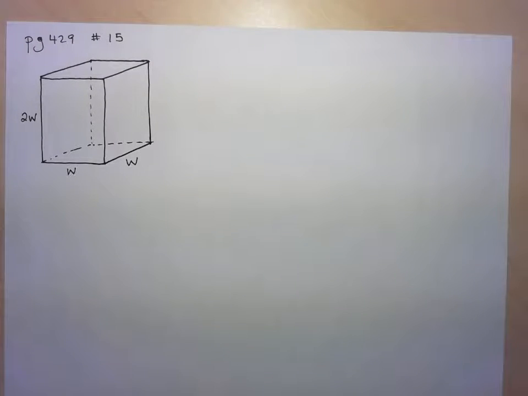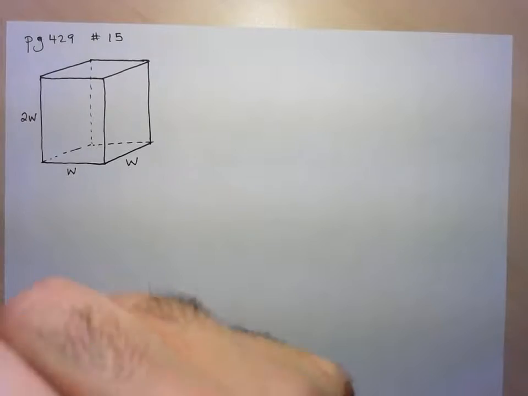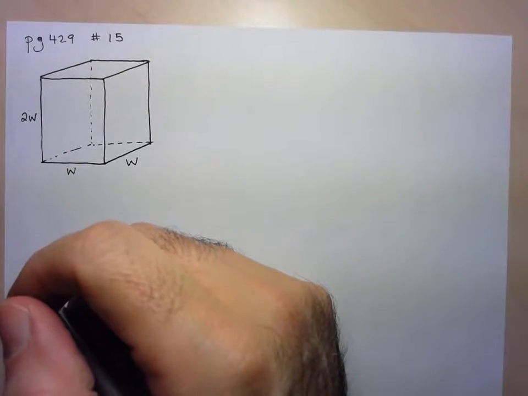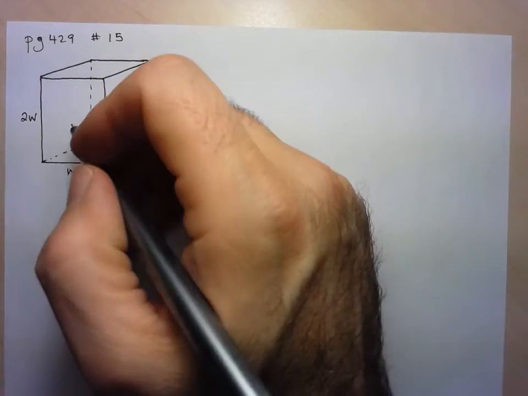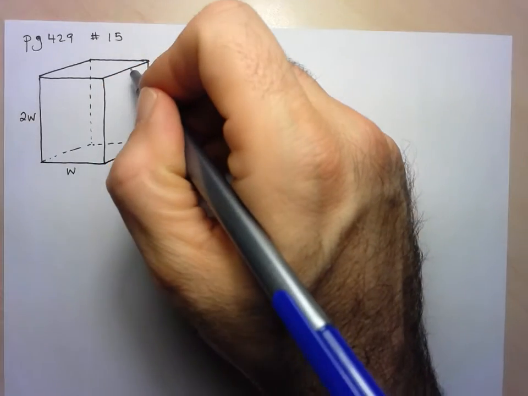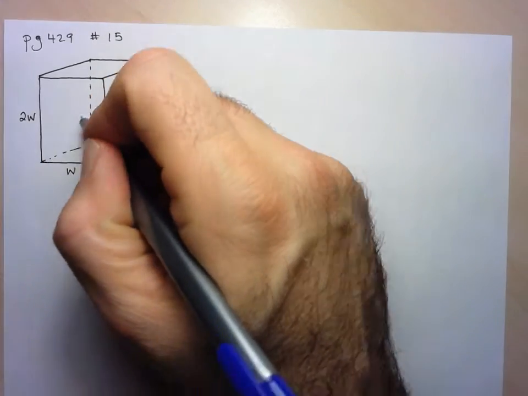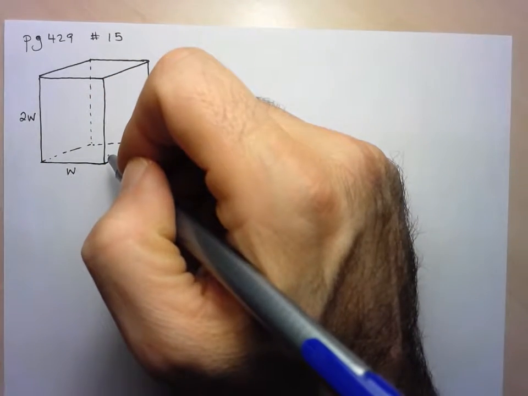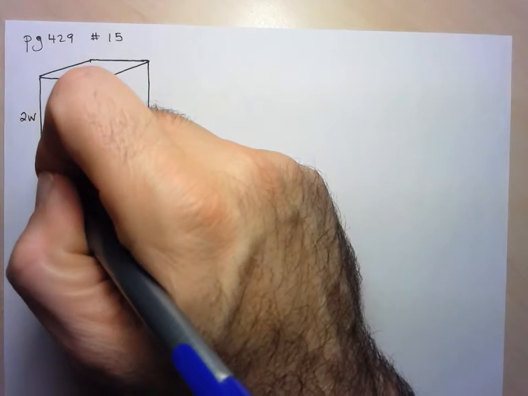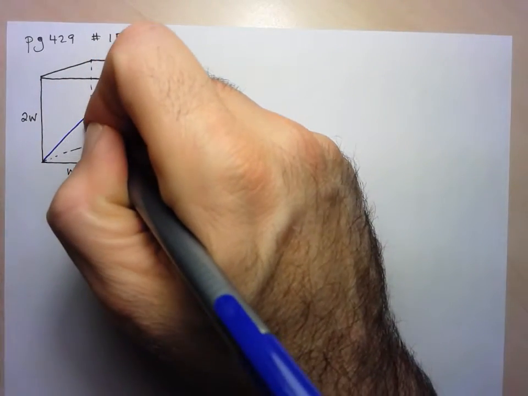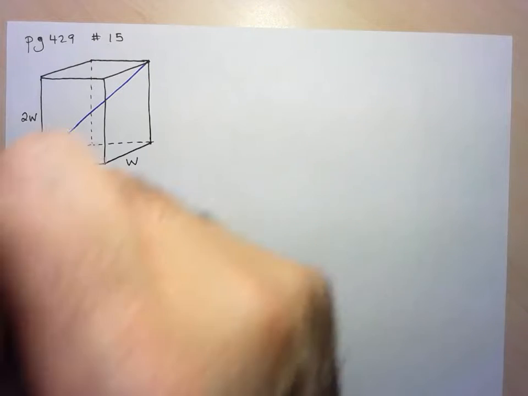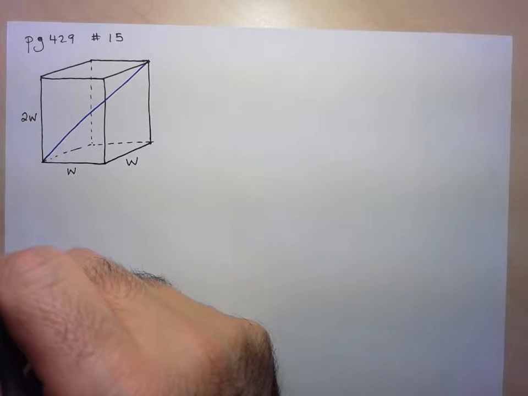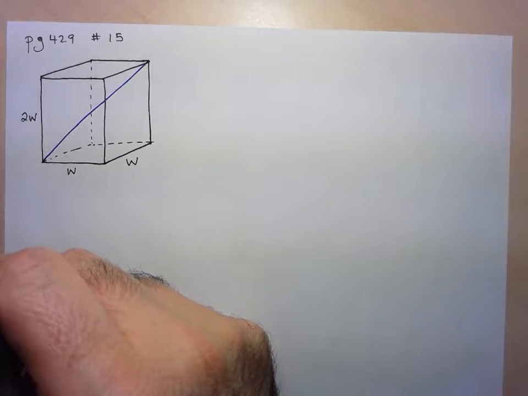Let's start by adding something to our diagram, which is how we would place the longest thin rod. It makes sense that the longest thin rod would go along the diagonal from one corner all the way to the opposite corner. Let me just draw that here. This would be the longest rod I could put in, and we want to find an expression for that